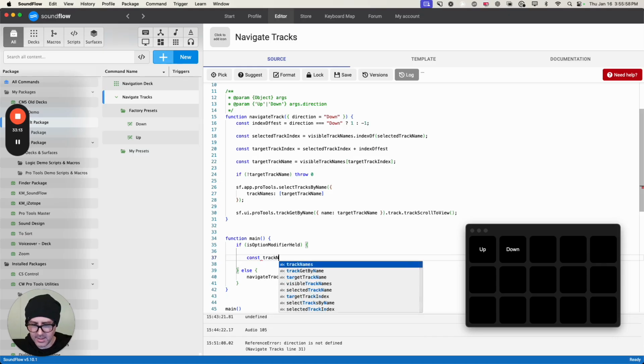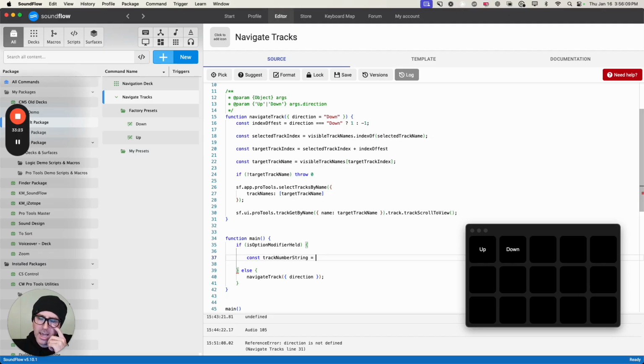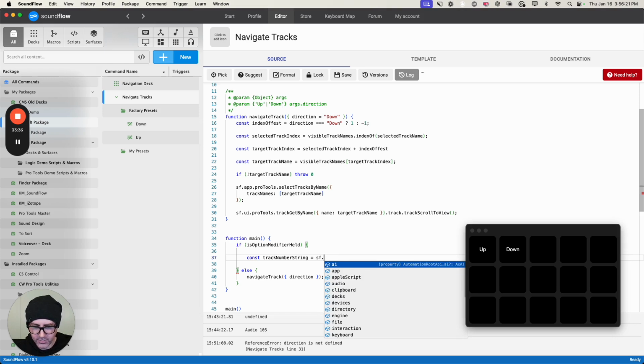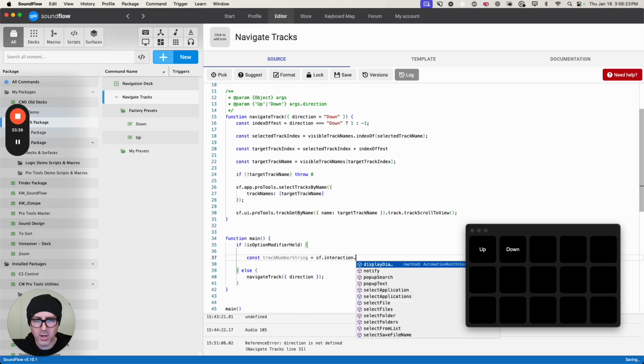Track number, and this is going to return a string. I'll explain this in a second. I'm going to go equals, and then we're going to use a SoundFlow interaction to bring up a dialog to ask what track we want to navigate to. So I'm going to go sf.interaction dot,